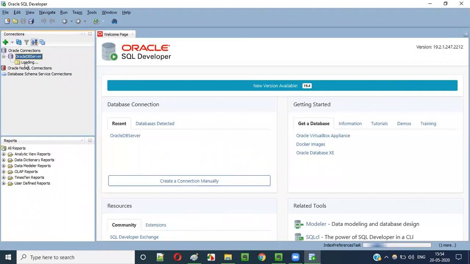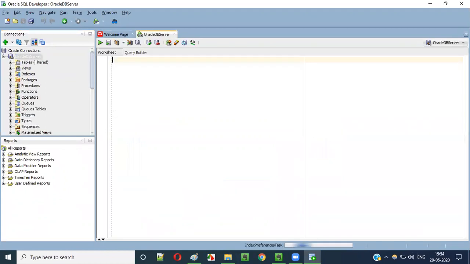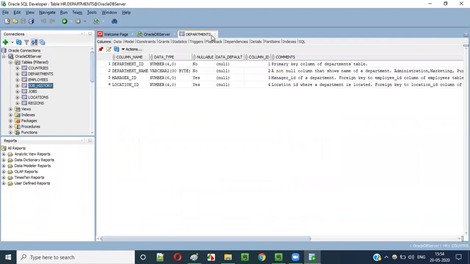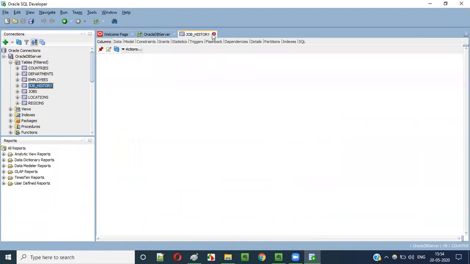It's loading some tables here, guys. Let's wait for these tables to load. It will take some time. Index preference, something is going on here. Let's wait for it to complete. You see, you got all the tables here. Now expand this table section where you can find all the default available tables. Don't click that, it will open all the tabs here. If you click on